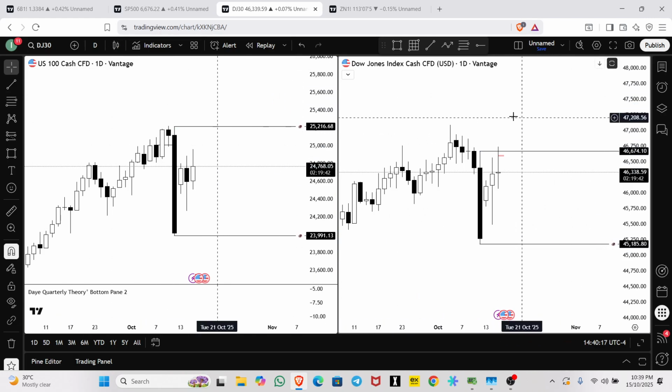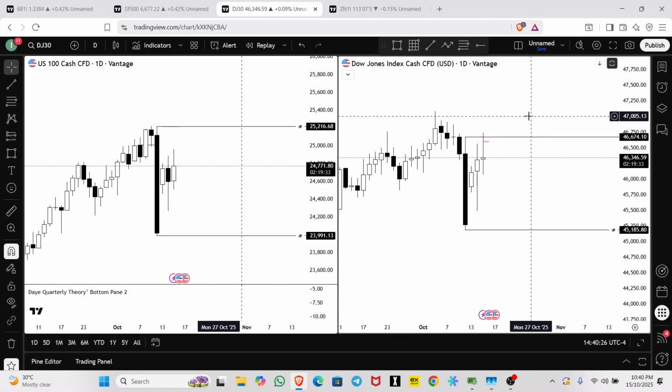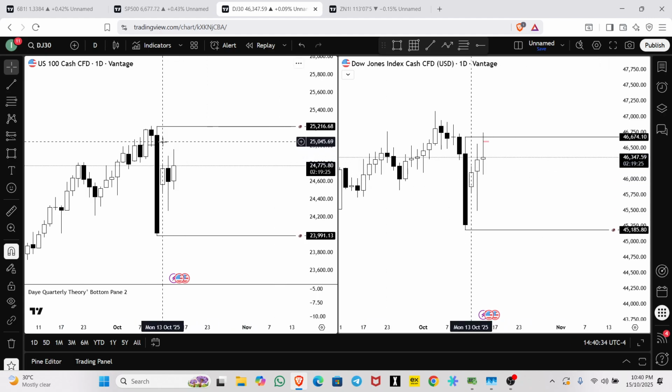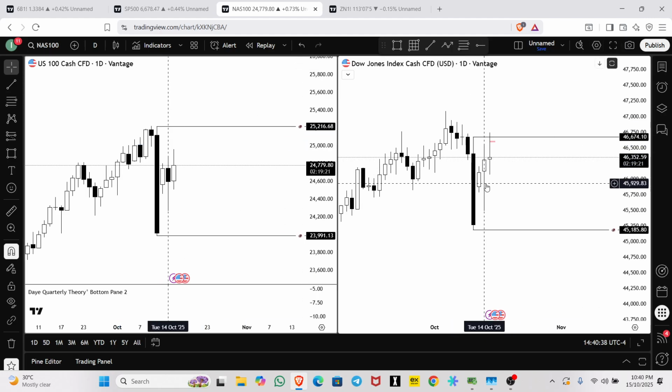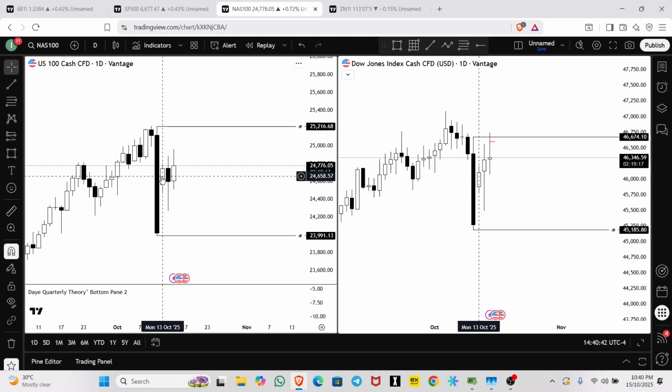Currently in front of us is the daily time frame, daily chart of Nasdaq and the Dow. And this was the Friday drop, right? This was the tweet of Papa Trump right there. And after that we saw what? We saw a lot of like 1, 2, and the third day is this one. Currently in Nasdaq, we are seeing what?